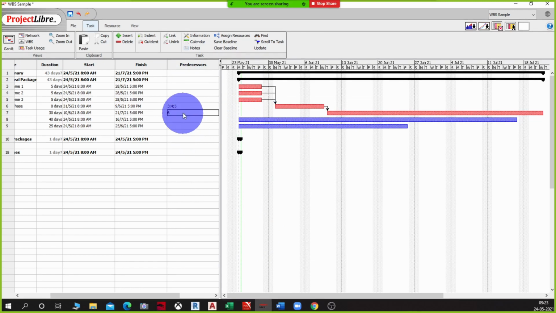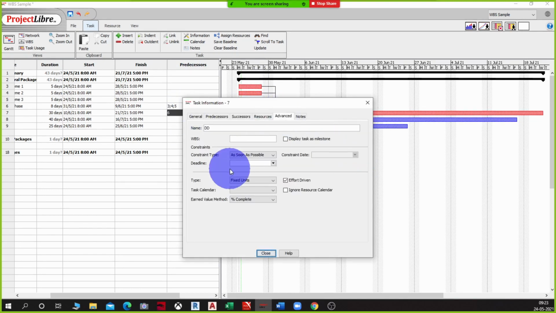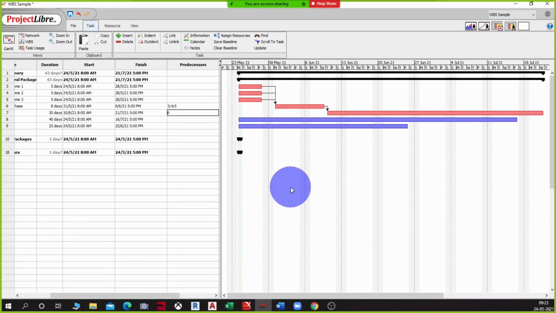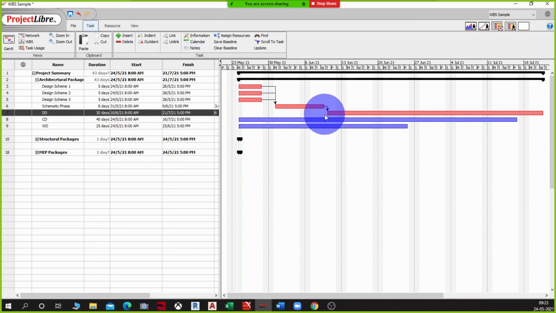Okay, so you can change the connection type at any given point of time when you come into this here under successors and predecessors. Okay. The other way of accessing that information would be by double clicking here on the task, and you will get to the same place. Okay. And the other way of looking at a connection is by clicking on the connection itself.